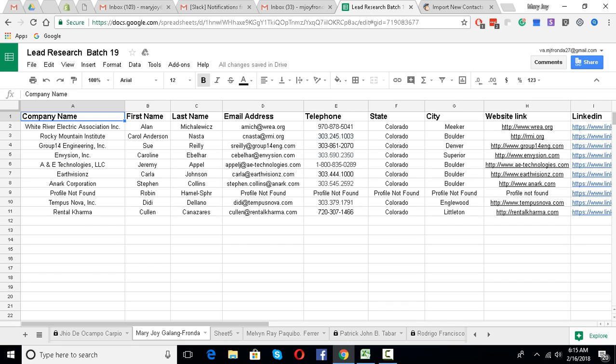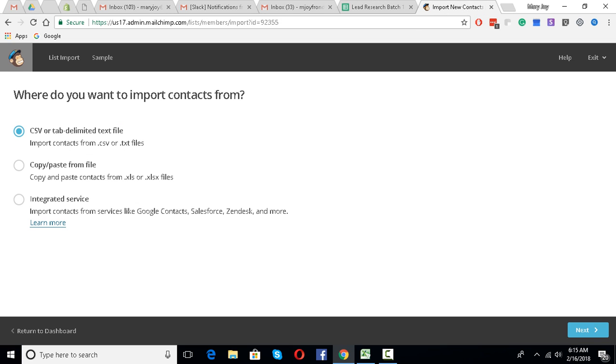In importing our contacts, it should be in a CSV form.